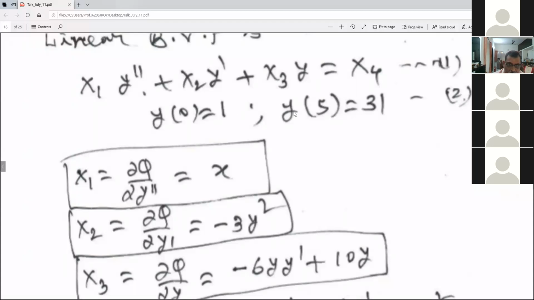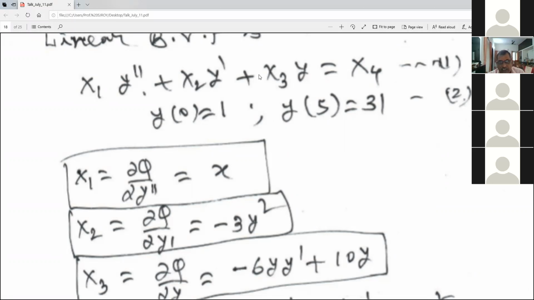And then you find out all the coefficients. So the 0th solution is 6x plus 1, which satisfies the boundary conditions. Then you find out x1, x2, x3. So you put the values of x1, x2, x3 and then you solve for the next step. Like that you can do all this. Then for this linear equation you will have a tri-diagonal system. This is the second order finite difference scheme, this is first order. These are all, I think, in the syllabus somewhere, numerical methods. So you get a tri-diagonal system, so you can solve it.